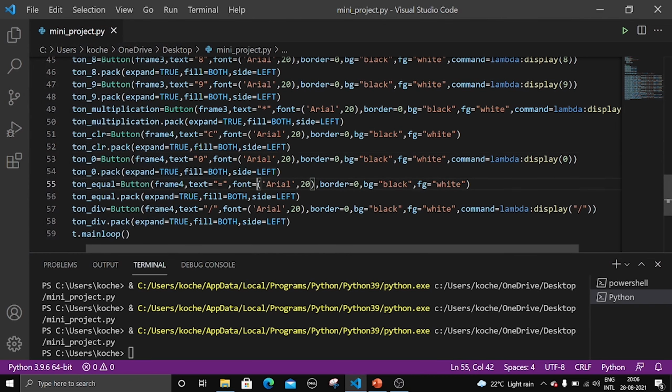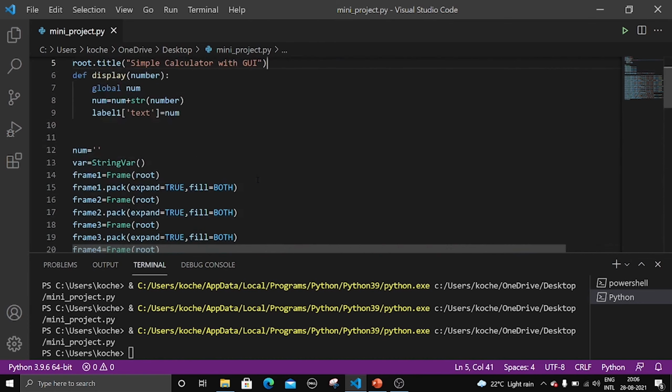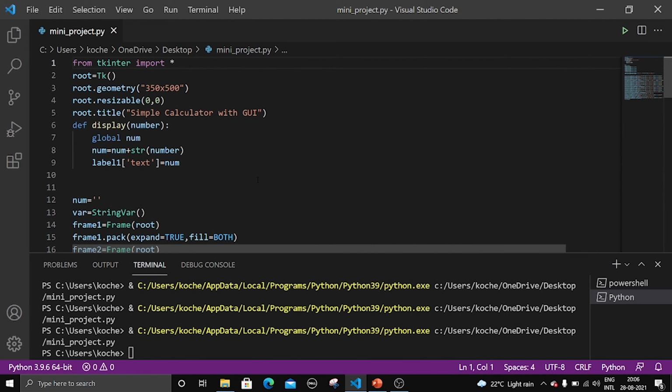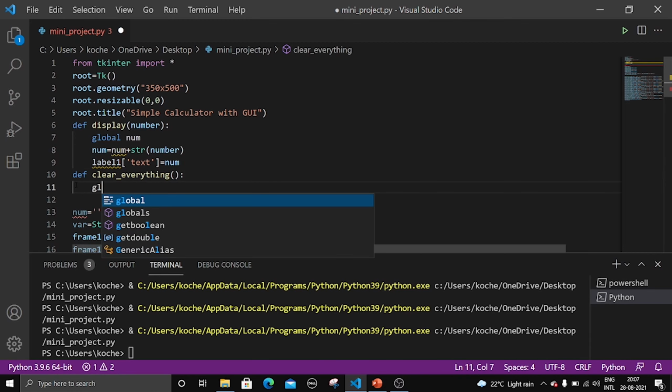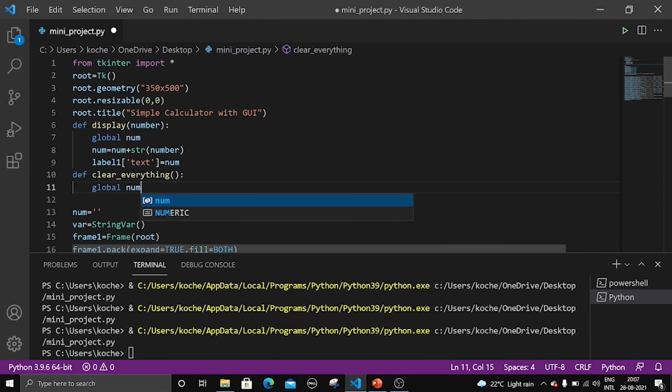So first let us try to create the clear function. Clear is nothing but for C button we need to create a separate function. So let us create a function, define clear everything, and let us use global num again, and num equal to, let us write global num, and let us go down, num equal to empty string.